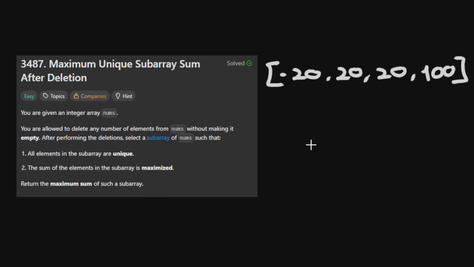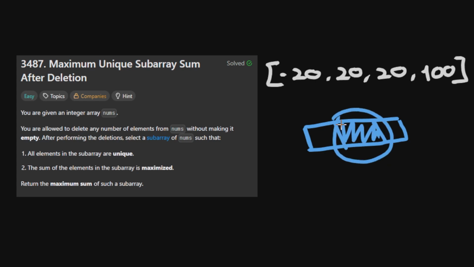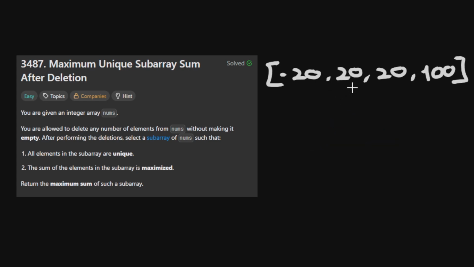Now, there are many ways to solve this, and here we show you the most intuitive solution, or at least for me. We need to select a subarray. Remember that a subarray is a contiguous selection of elements. So if this is an array, this is a subarray because this is a contiguous selection of elements. So for example, this is a subarray, this is a subarray, but we can't form a subarray with these and